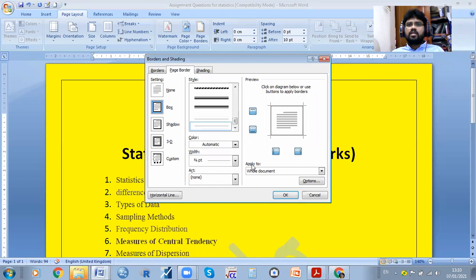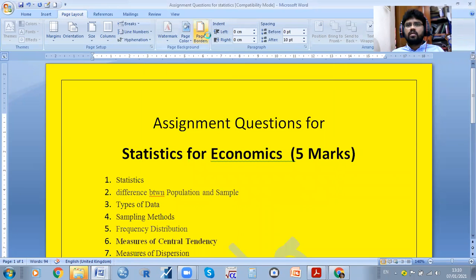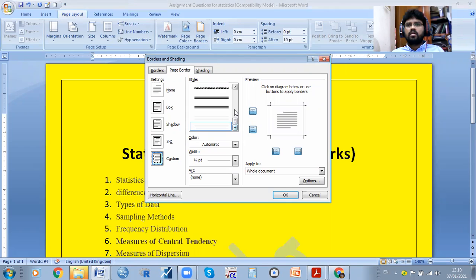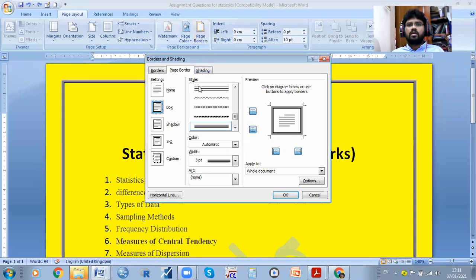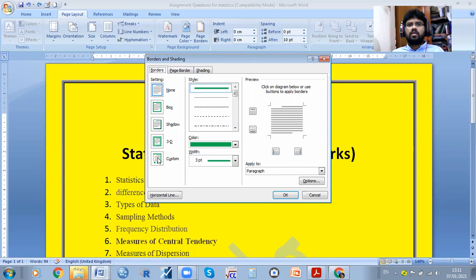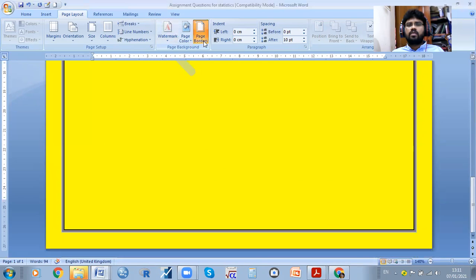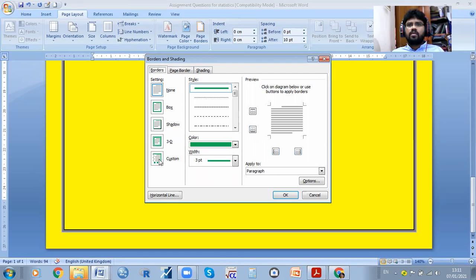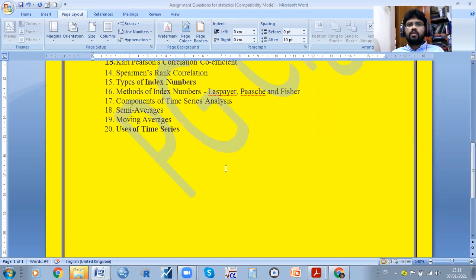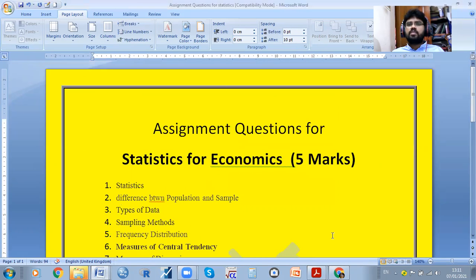So you can use different colors of borders. You can use different types of borders, you will get it.